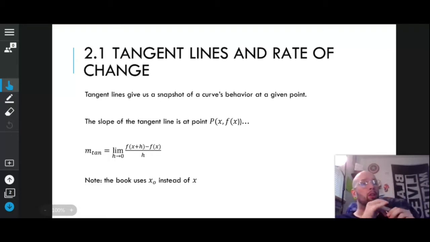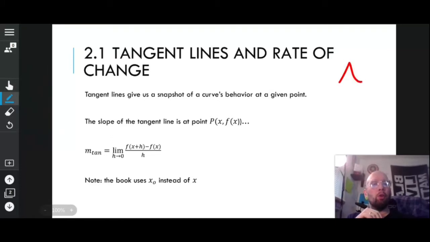As some of you might know, rate of change, well, I remember from Algebra 1, is just a fancy word for, you know what? I'm not even going to give it away. Tangent lines give us a snapshot of a curve's behavior at a given point. We learned in chapter 1, probably the very beginning of chapter 1, that